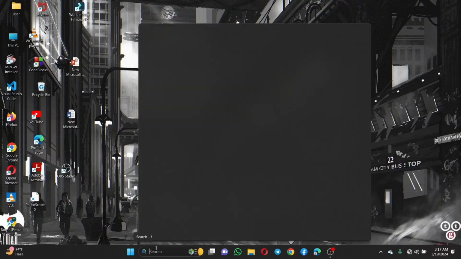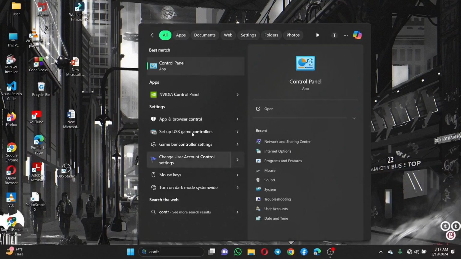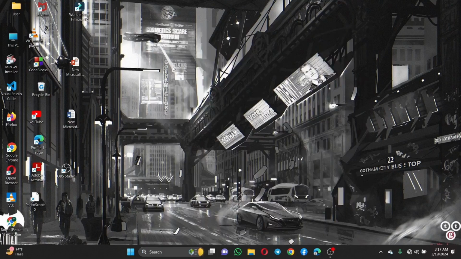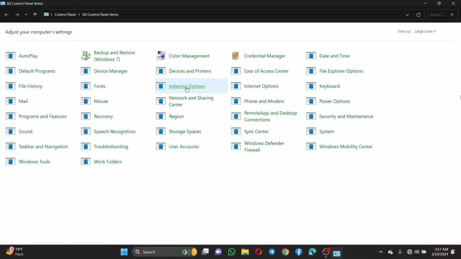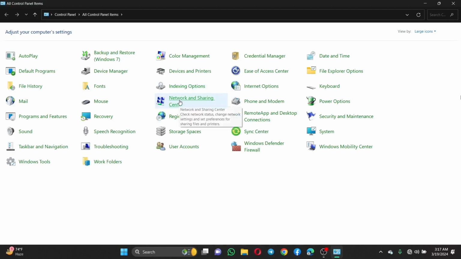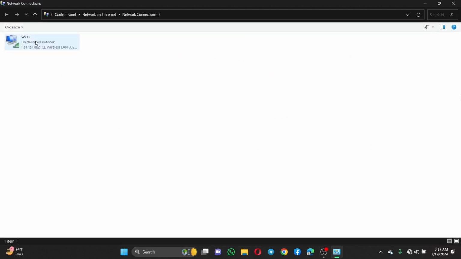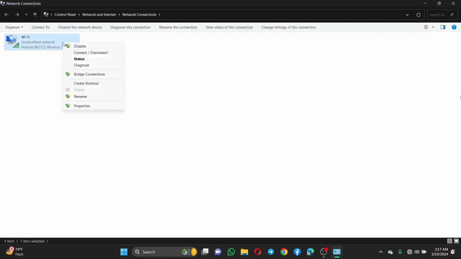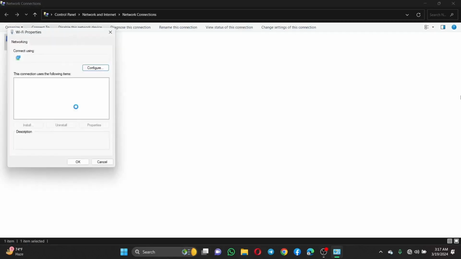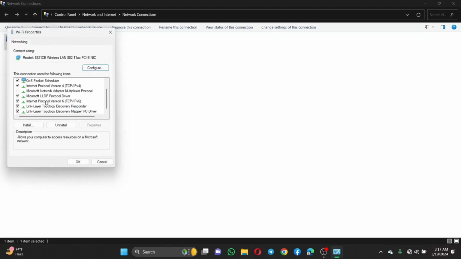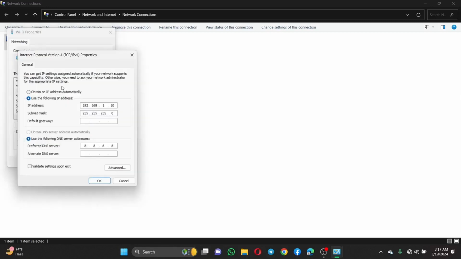go to the Control Panel and then Network and Sharing Center and go to Change adapter settings and right click on it and go to Properties and select Internet Protocol Version 4. Double click on it and